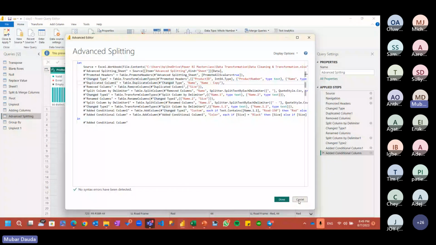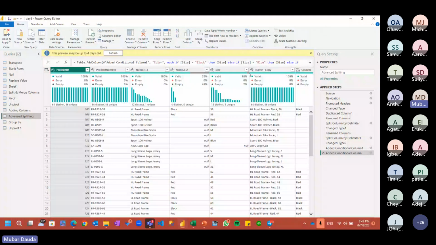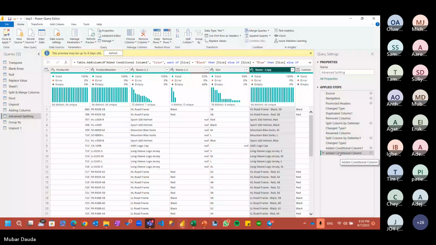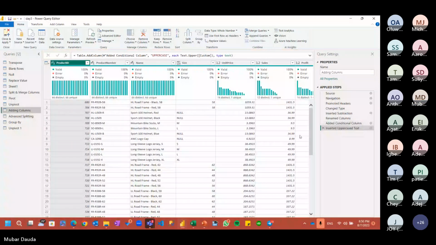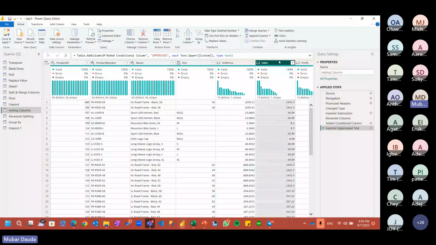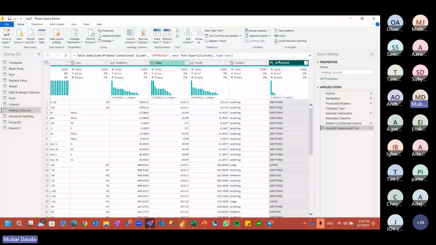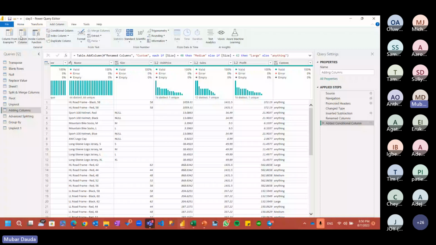How can you now modify M code? We created a column the other time, is it here or in Add Column? I think it's that column. So you want to create a new column. Yeah, we have size. I want to generate a new column for them. I don't want this column again. I want a new column. I will come to Add Column here and choose Custom Column. This custom column is where I will write my